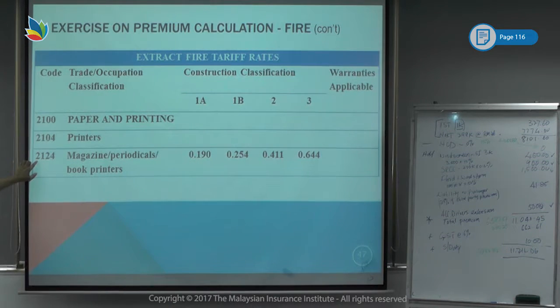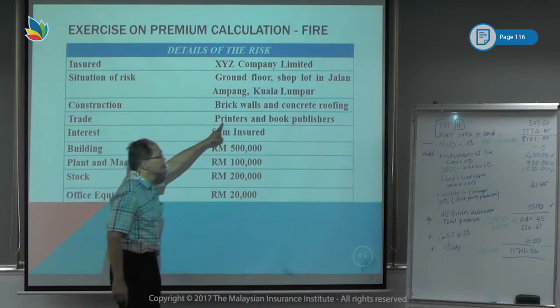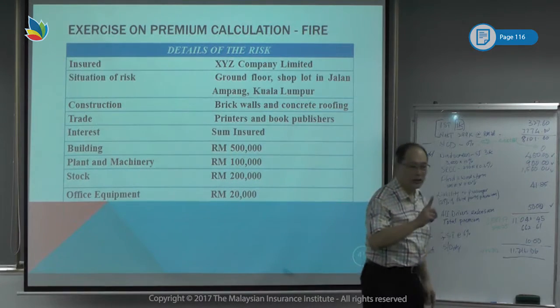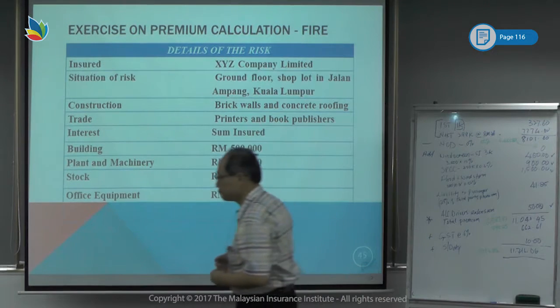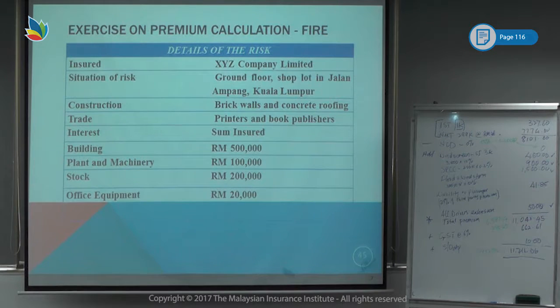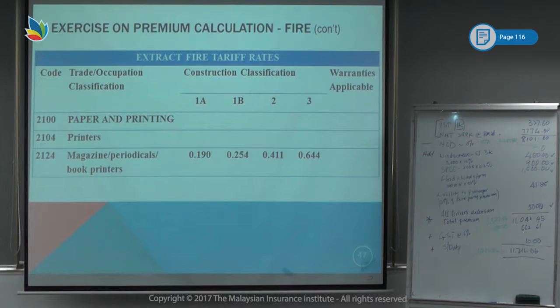2104 printers, 2124 magazine, periodical, book printing. So when you have more than one trade description, you need to always take the higher risk when you look at the tariff. The rule is you take the higher risk. Here you may not be able to see it because they are only highlighting the one that you want to use. If you look at the actual tariff,